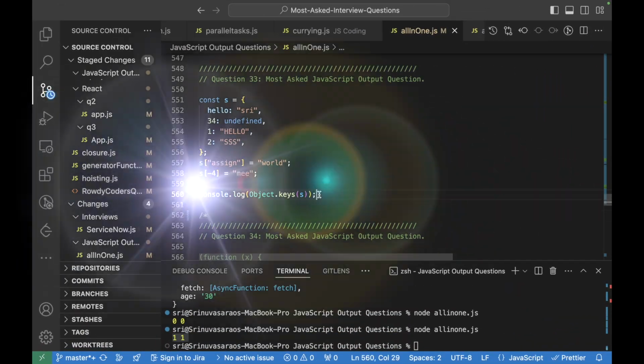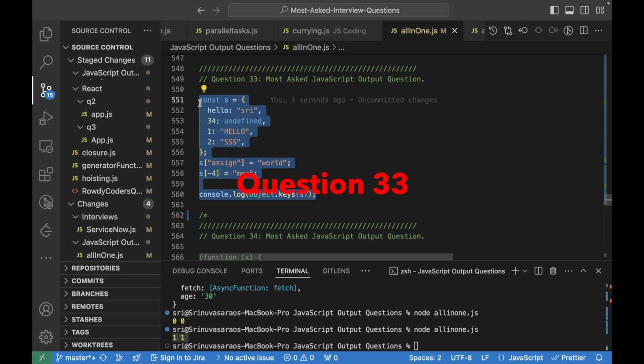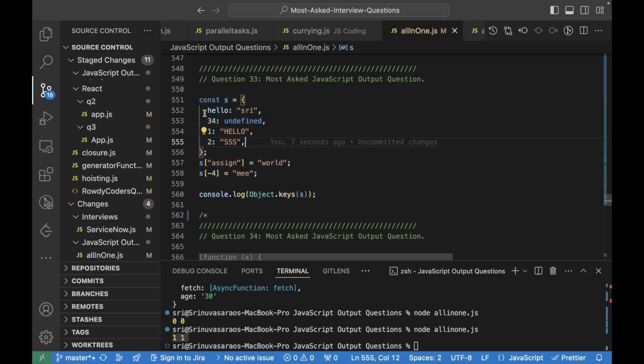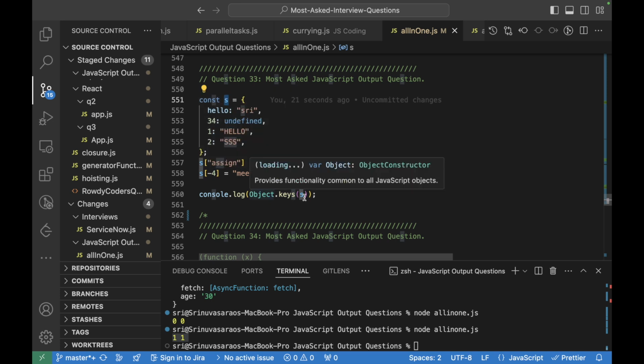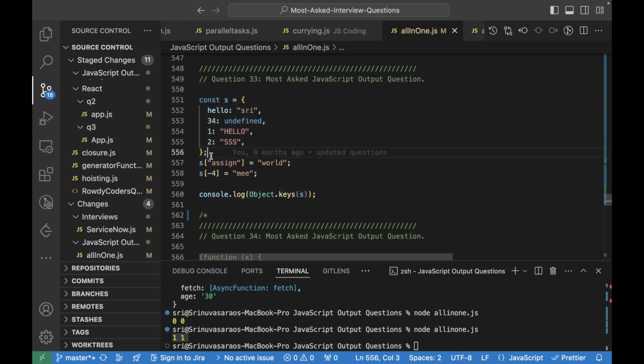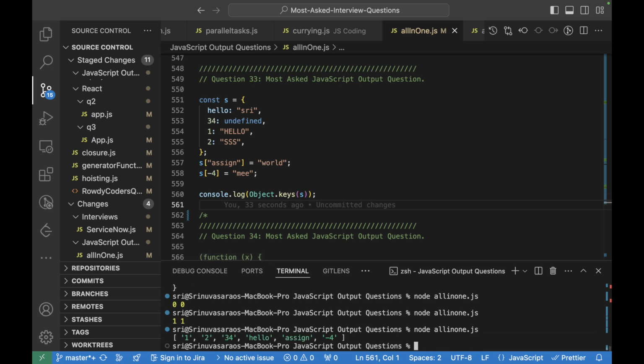Okay, so here this is also one of the good questions which doesn't make much sense, although the latest ES6 has this particular implementation wherein, while getting the keys, it will give the keys in an ascending way. There is no logic to this question, so let's run this and see the output for this.